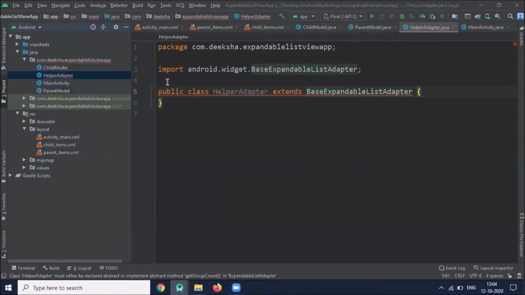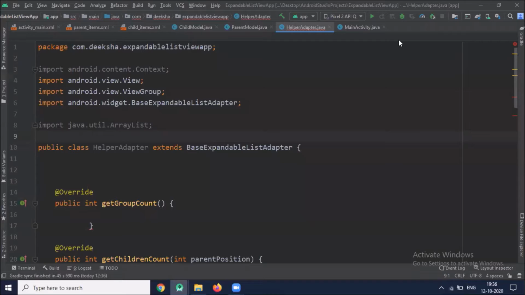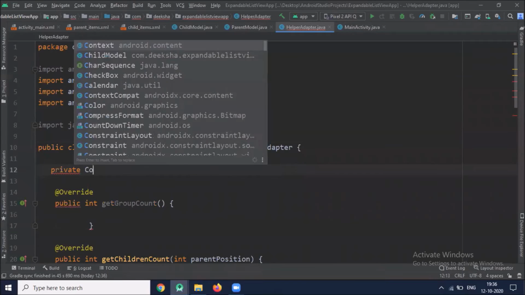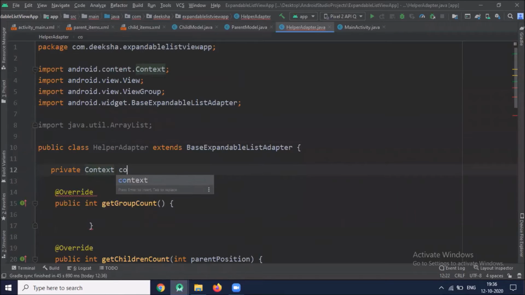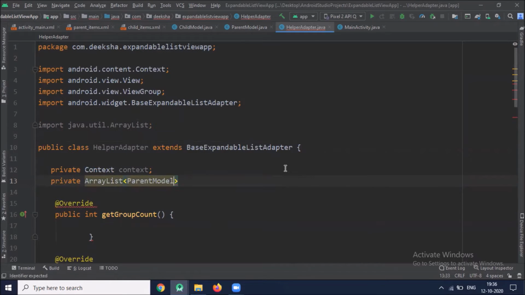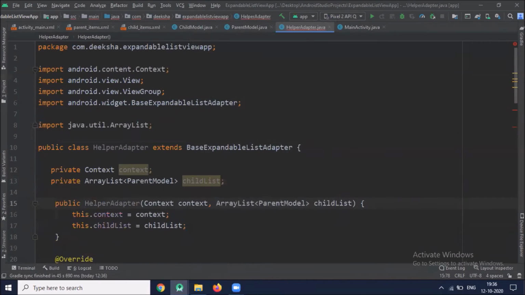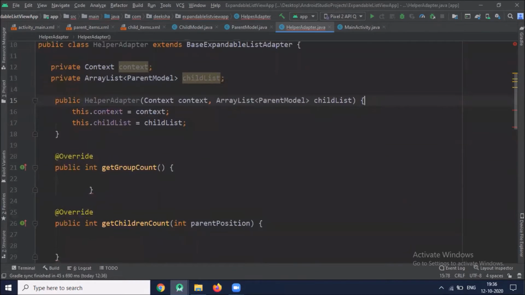Now implement all the methods. First we create constructor. Now implement all the methods of base expandable list adapter.